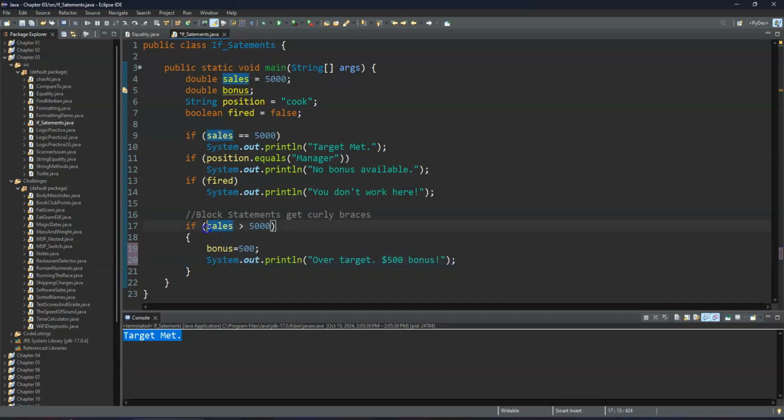So this says if sales is greater than 5,000, and of course it's not, it's equal to 5,000. This is going to plug in a false here. And of course this isn't going to trigger. Okay,